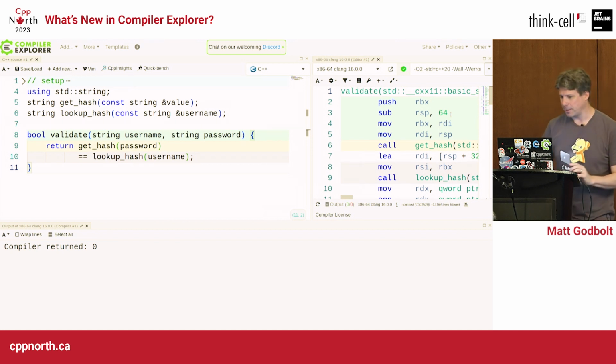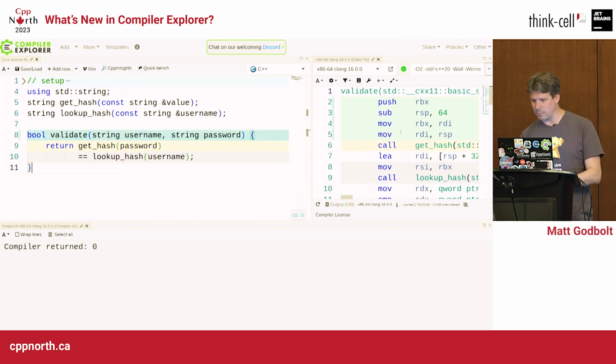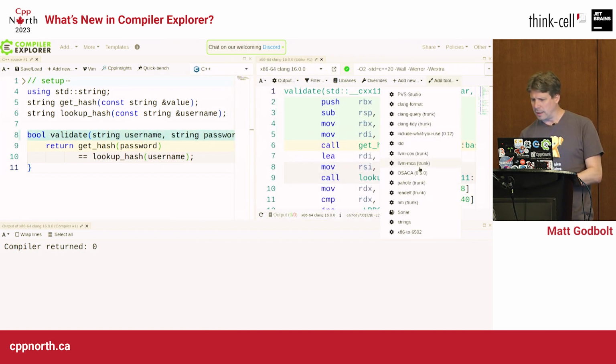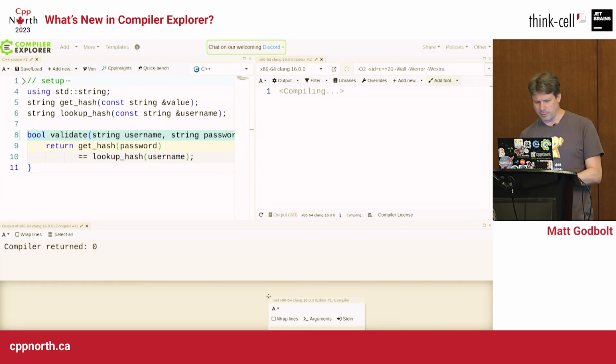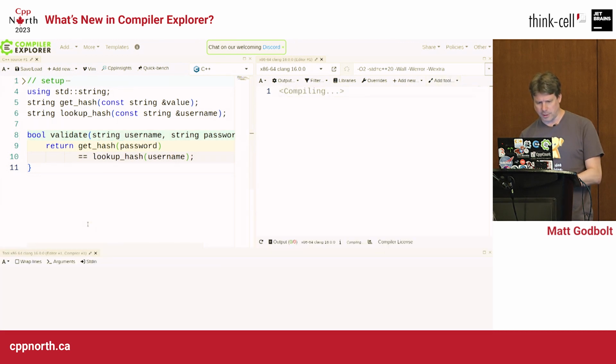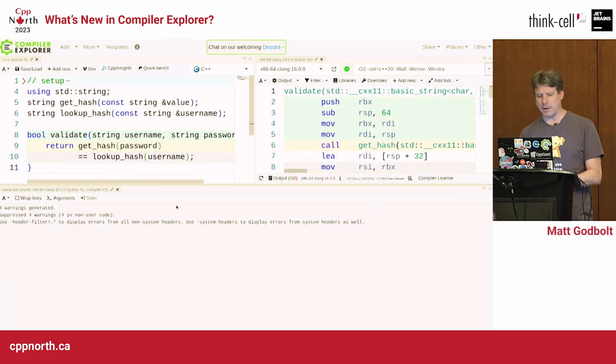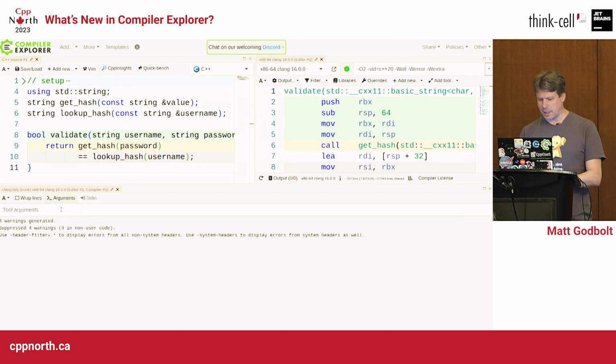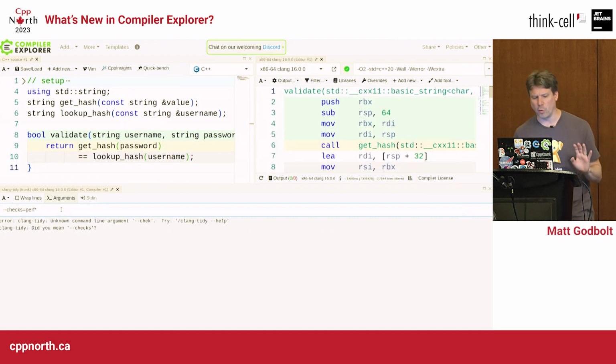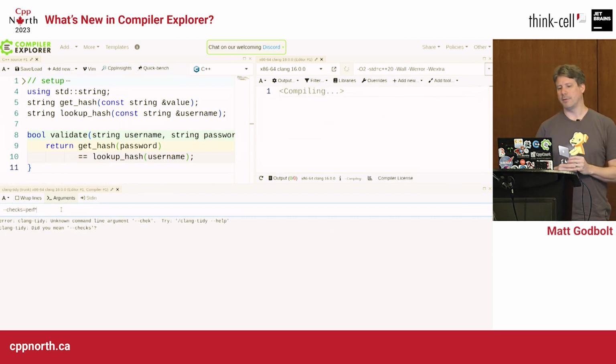And yet, if I were to put on CppNorth, whoops, which now I can't do because I've made this too small. So I'm going to add a tool, CppNorth. I'm going to put it down here, and I'm going to delete that because we don't care about the compiler's output anymore. Right now, CppNorth is also happy, but I can enable one of the checks. I'm going to do --checks equals perf star, just to enable all the performance-related checks. And hopefully,